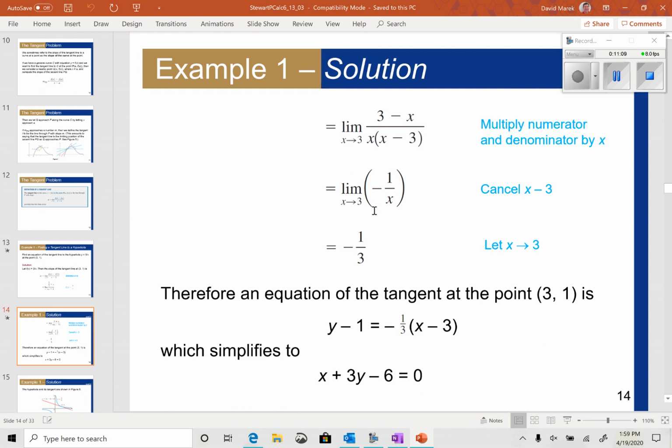Now, if we try and use our definition of a limit and substitute 3 in place of x, do we get a 0 in our denominator? No, we don't. We can substitute. The limit as x approaches 3 of this function should be negative 1/3. And again, remember our interpretation here. That's the slope of the tangent line at that point. So again, take this, put it in point slope form, and then